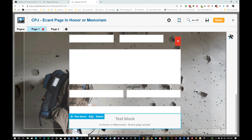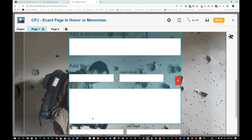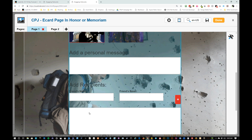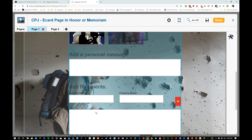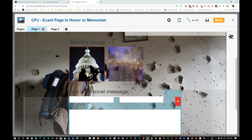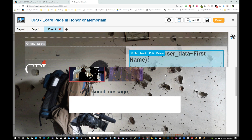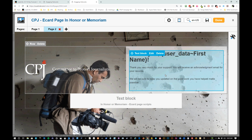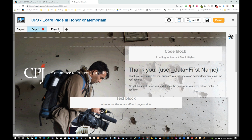And what the script is doing is once you get to this page, if you have selected a tribute gift, it's going to fill in all these fields for you. We also have a page 2, and this just has a thank you note as a confirmation message on it. So page 1 and page 2 both share this confirmation page message, and that's important. So what actually happens as we go through this form